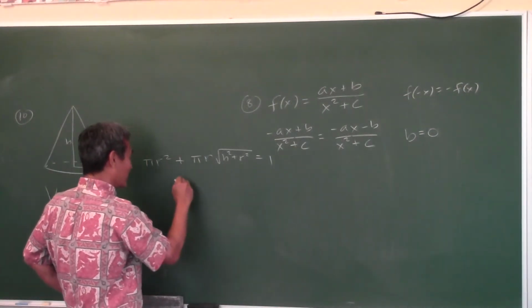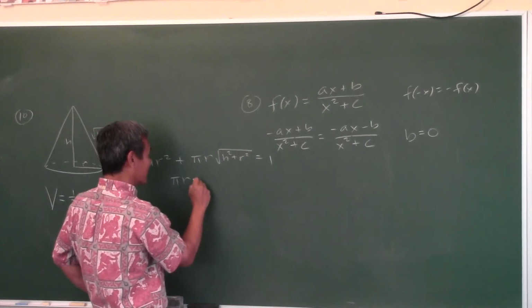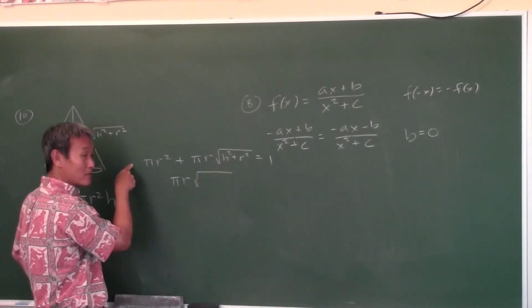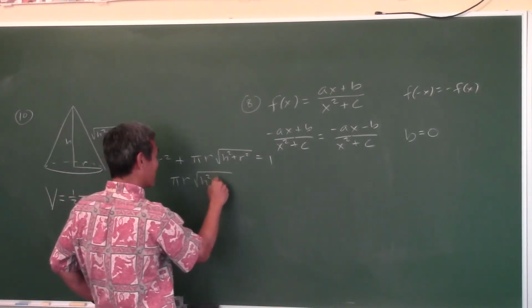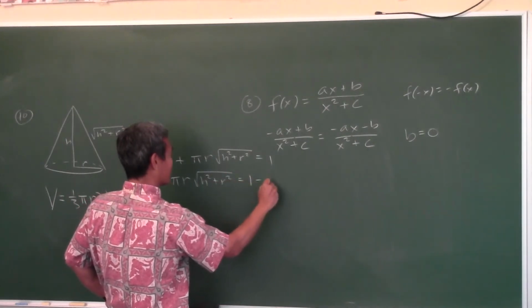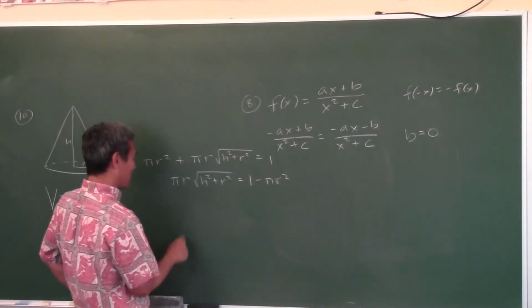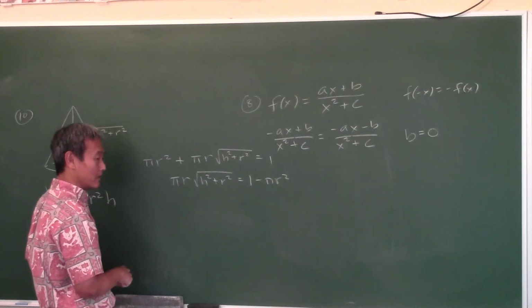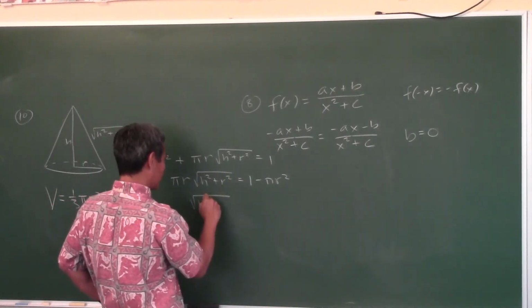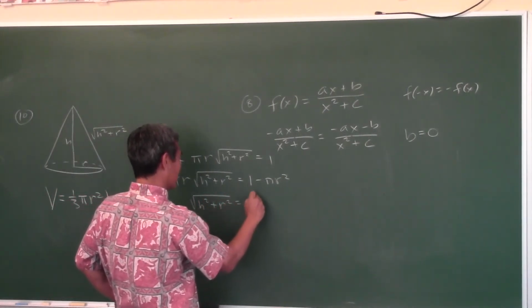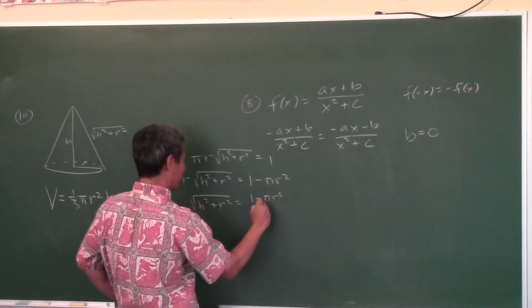Isolate this term. This is algebra. This is the easy part. The hard part is writing this equation. Now it's the easy part. Equals 1 minus pi r squared. How do I get rid of this pi r? Divide. So square root of h squared plus r squared is equal to 1 minus pi r squared all over